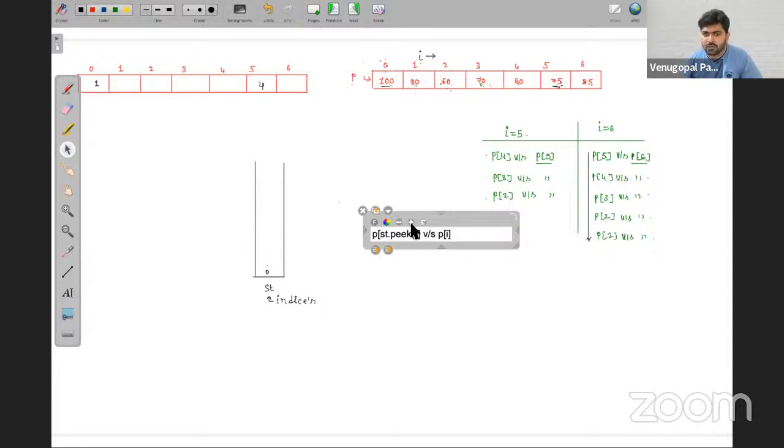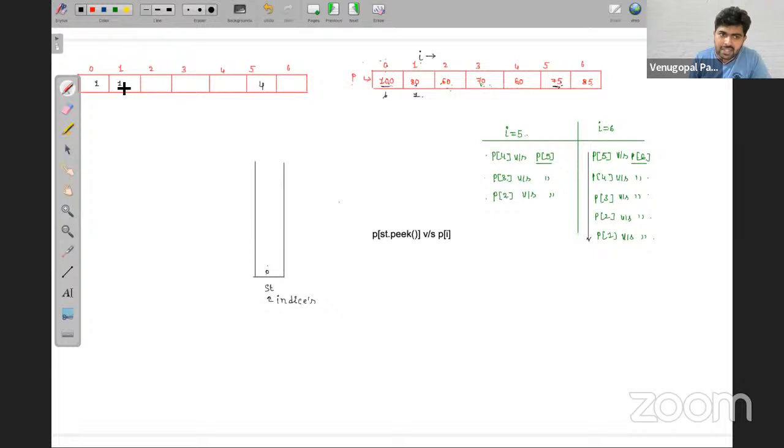So in brute force, what are we doing here? We are taking this 100 and comparing with 80. Since 100 is not smaller than 80, we ignore that value, and whatever value is there, we place it here in the resultant array. So this approach is nothing but brute force plus memory.